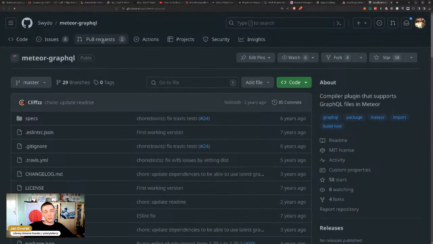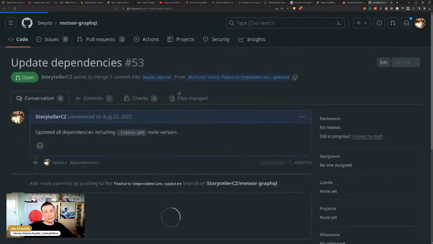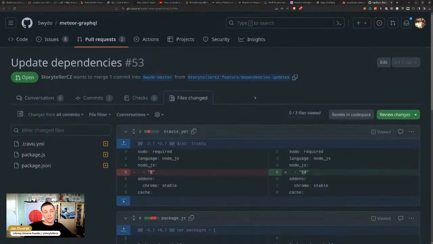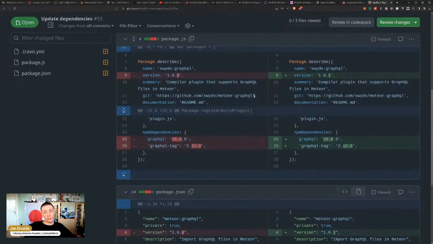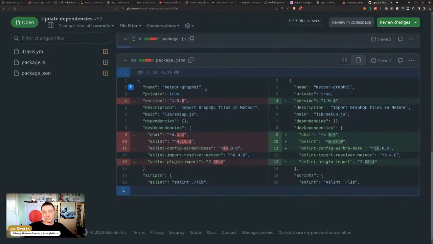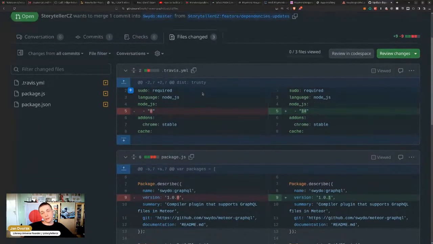So let's take a look here. Do we have a pull request? This is going to make things a little bit more difficult. So let's take a quick look. It's a build plugin. We might need to actually move this into